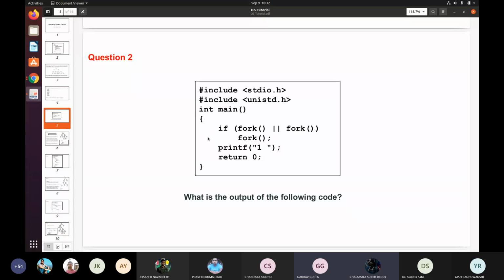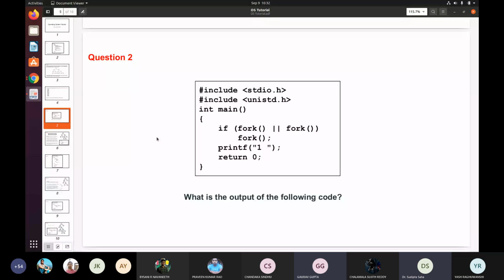Okay, sir. Then when will the fork call fail? It happens because of internal issues, I guess. Mostly if the computer can't create a new process, or some stack overflow is there, or some other internal issues. But in most of our questions it won't fail. In practical cases, it can fail anytime.